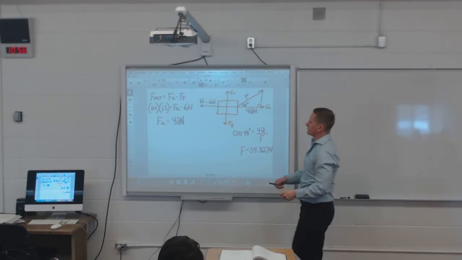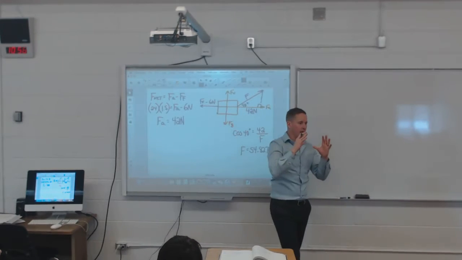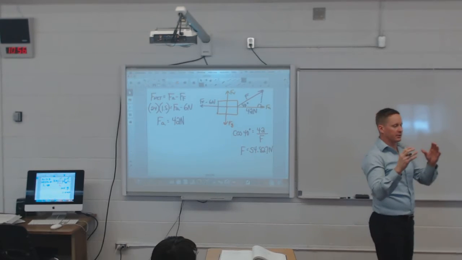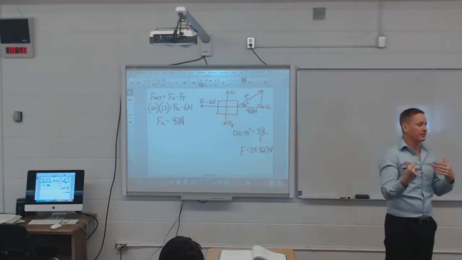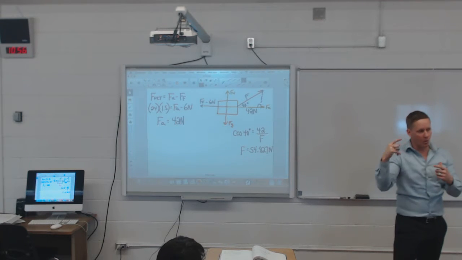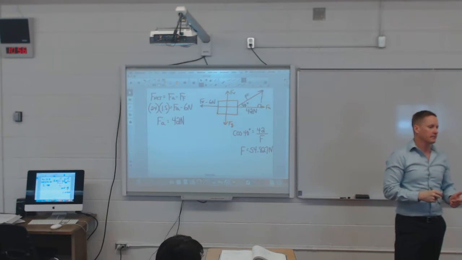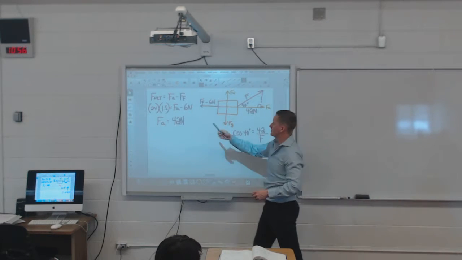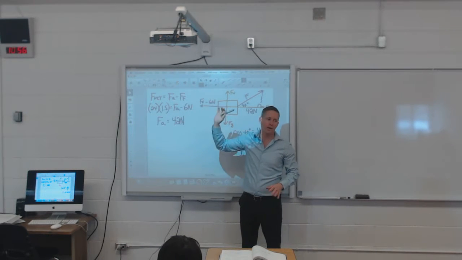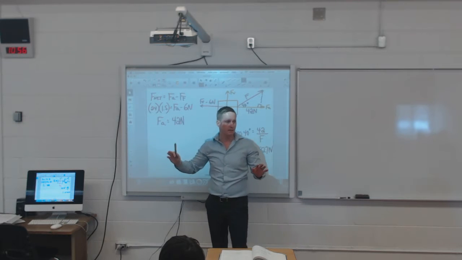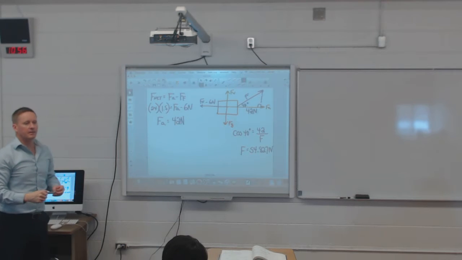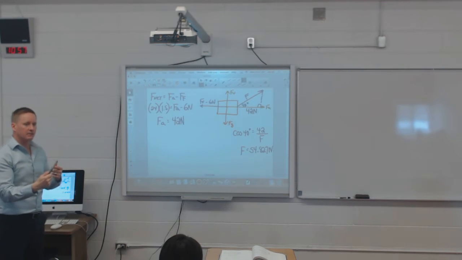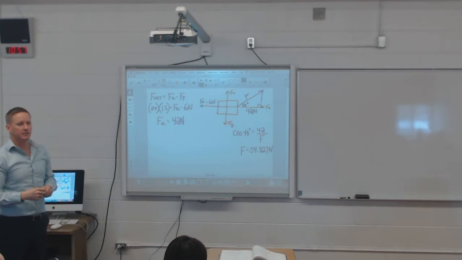I like to do it this way because when I get into doing bigger problems, I want you to see that the applied force is subtracting anything that opposes it. Because we're going to get into pulley problems, and we have to know when to subtract and when to add. So in this case, I always write it as F minus whatever's restricting it. They're doing it a little bit different. I try to do it so I'm consistent, and this keeps me consistent with what we're going to do when we get into pulley questions.